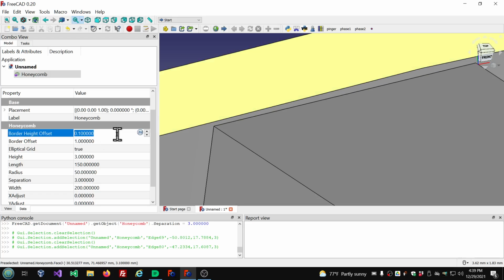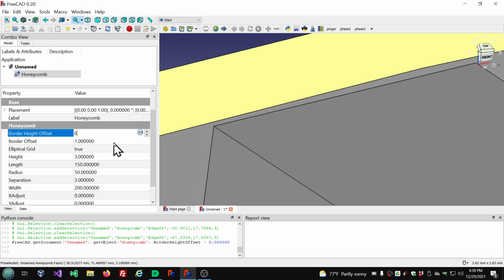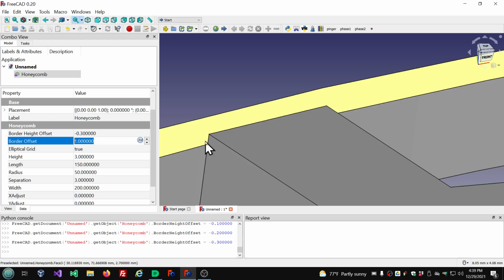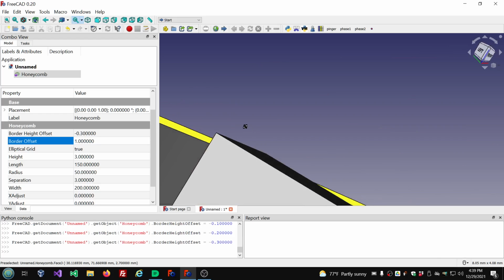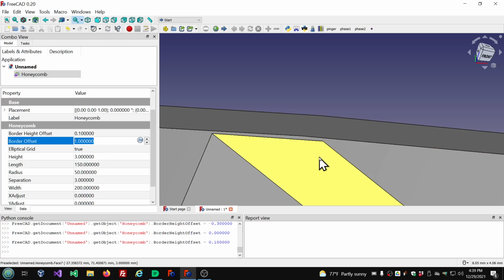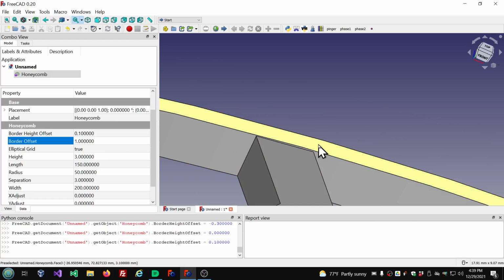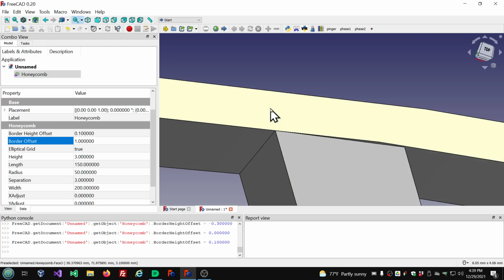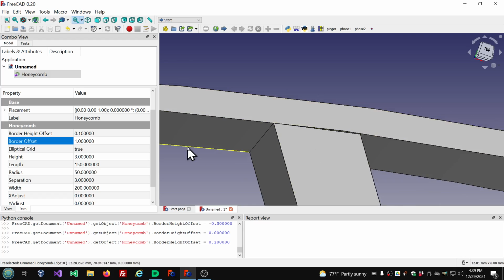You don't want that offset, put that to 0. You can even go negative. Okay, put it back to the default. So what's the purpose of that? It's just another way to tweak your honeycomb. And if it's at 0,